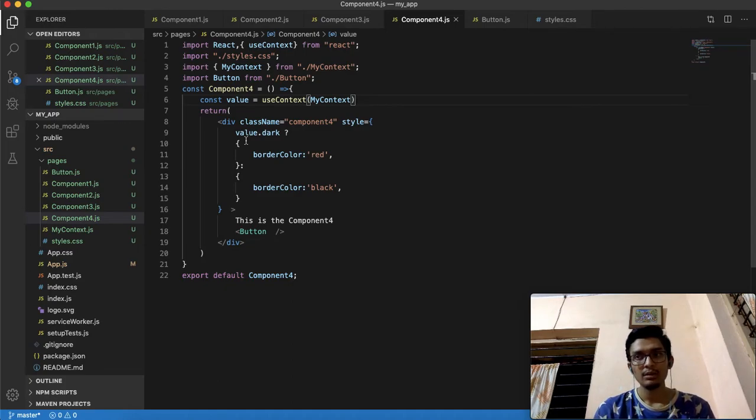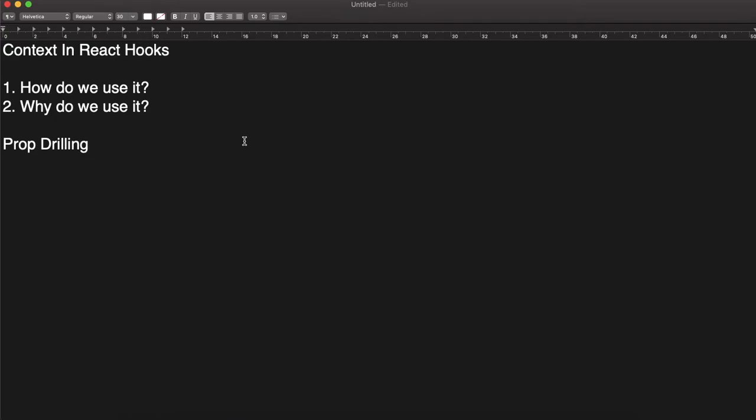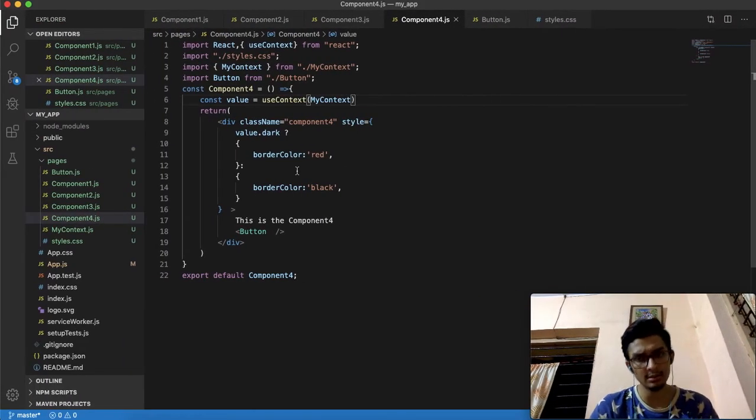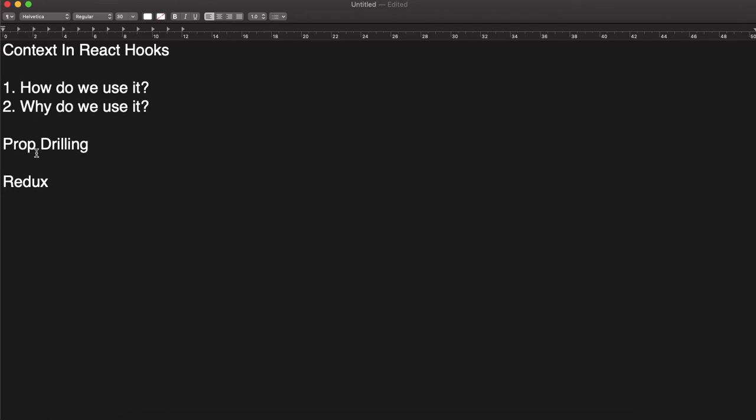There is another thing which is also used, Redux. It also does the similar thing. It prevents prop drilling, but after that context API was introduced which was far easier to use. So it depends whether you use Redux or context. Both of them do the same thing, which is resolve the issue with prop drilling.